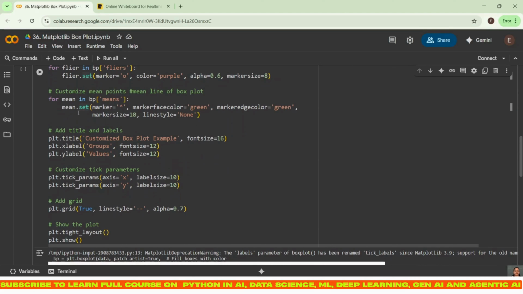All methods are there, like if you use set, all functionalities you can use. I am saying my mean line marker face color, the color of that marker, should be green. Then edge color also I can define. Then marker size, line style, everything I can define.